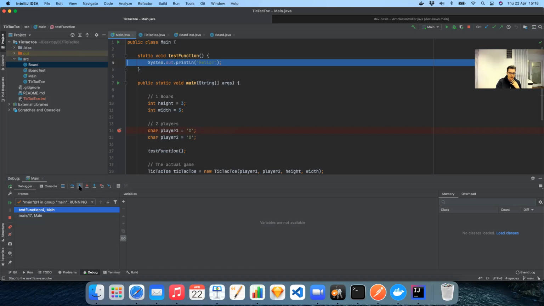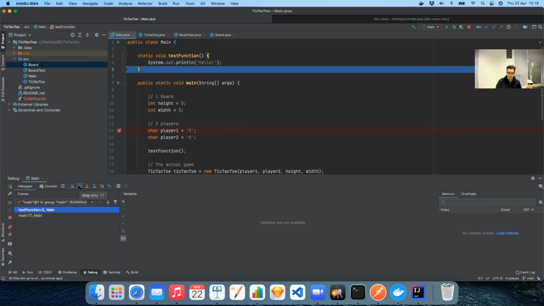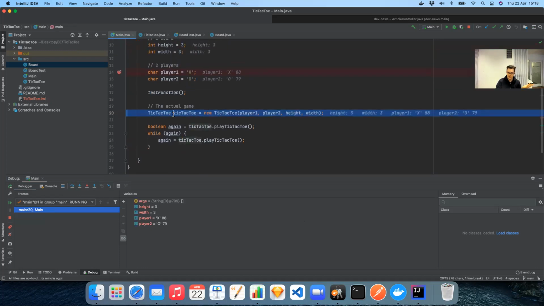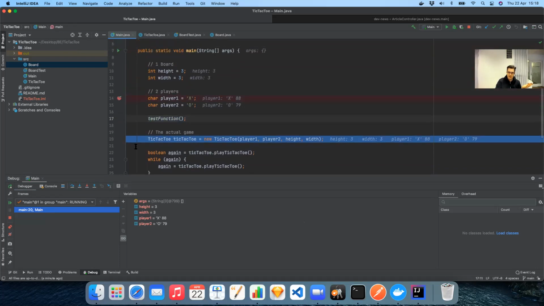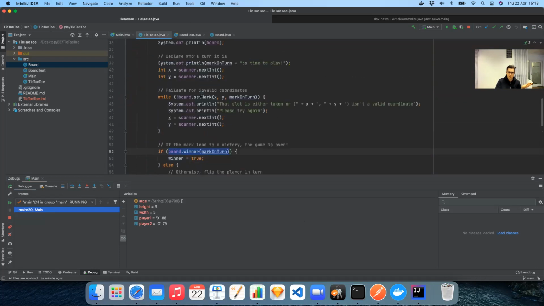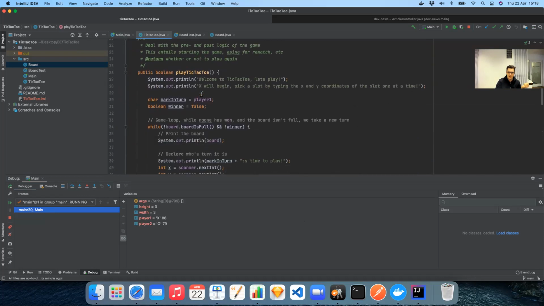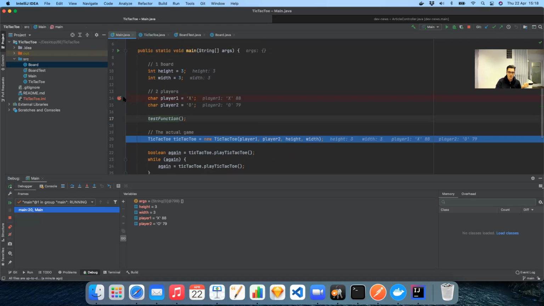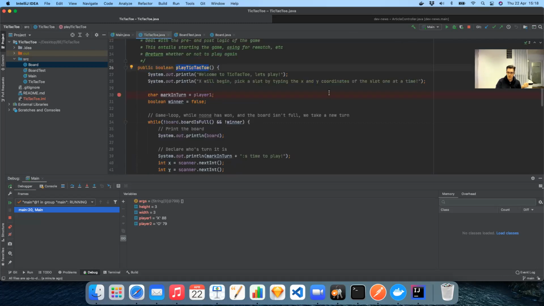Yeah, and if we continue to use the step over, step into, we will sooner or later return to wherever the step over function would have come, right? So that is the basic idea. The debugger allows you to go step by step, line by line in your code, and then you can see what's going on, right? So let's say that we jump into the play tic-tac-toe function, for example. Maybe that makes a little bit more sense. So if we continue on,